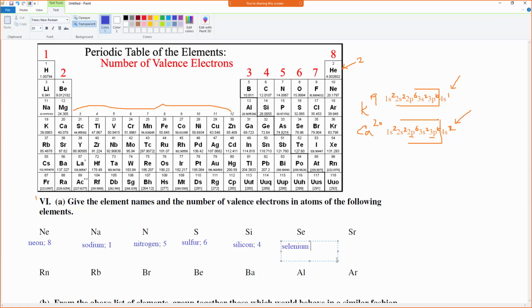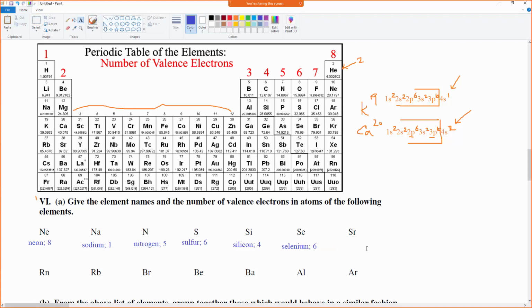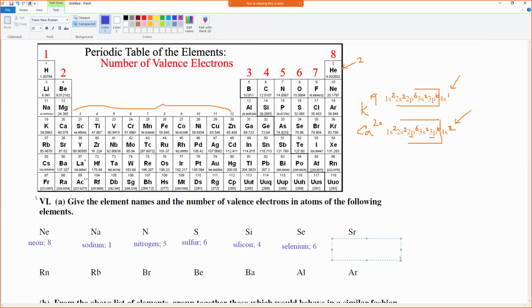Selenium, which has 6. I don't have to have you guys memorize the periodic table because eventually you'll have most of it. Sr, strontium, which has 2. Excellent. Rn,